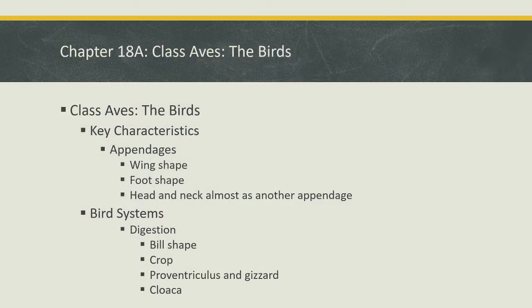All right. Also on the topic of key characteristics, we can talk a little bit about bird appendages. Again, the wings come up, but in this case, the wing as a whole as opposed to just the feathers, and different wing shapes that birds have that vary depending on what type of flight the bird needs to do. If it is a soaring bird, or a fast flying bird, or a bird that needs to maneuver a bunch, or a bird that needs to fly long distances, they have different wing designs depending on what function the wing needs to serve for the bird. But then foot shape is something else that takes on